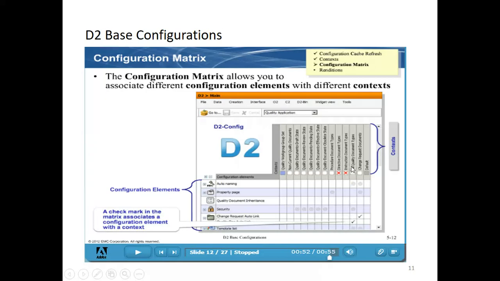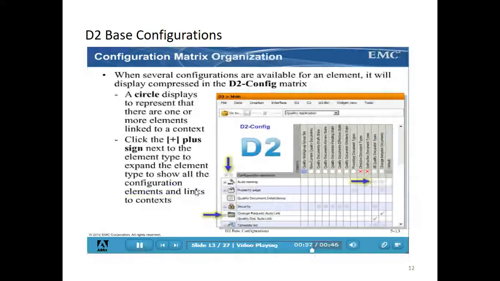This context may have particular types and particular groups, and those types or users will apply to this function. This check mark defines the mapping. You can also see one circle. That circle contains one or more configuration elements mapped to the context. You can see the plus symbol. If you click that plus symbol, you can see one or more checkbox symbols.